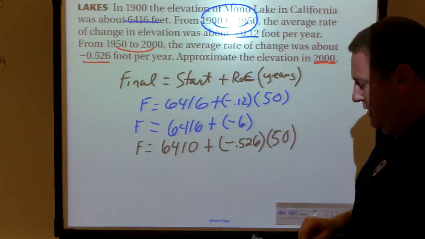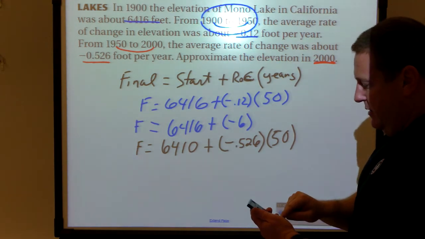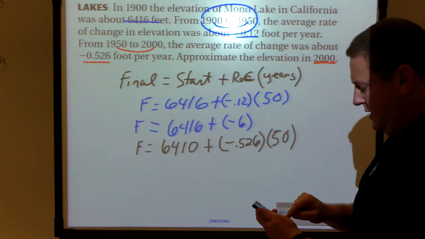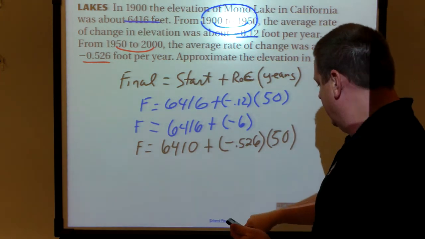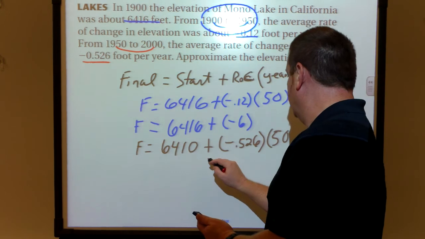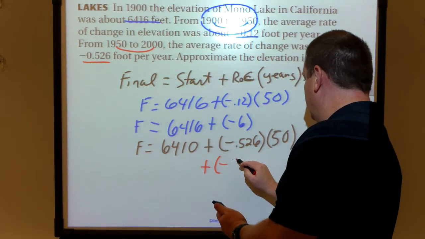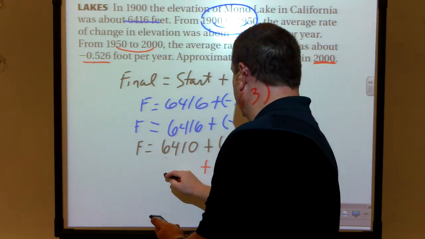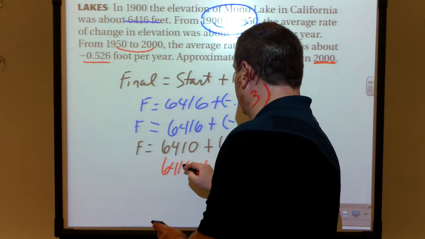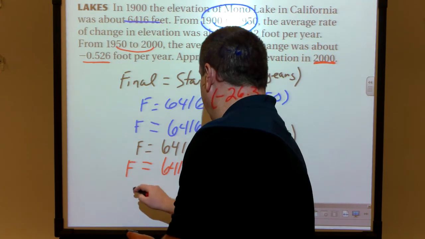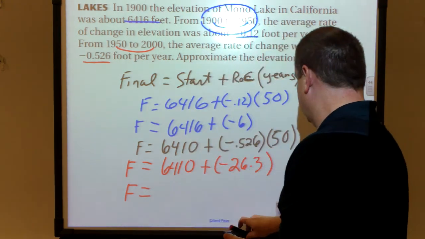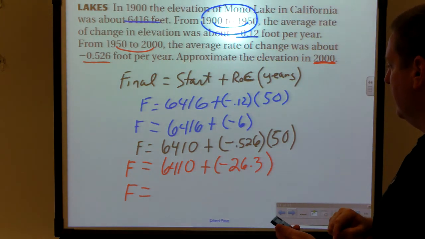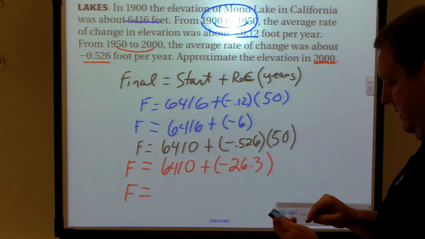So we're going to use our calculator here. Negative 0.526 times 50 years gives us a change of negative 26.3 feet. Bring down our 6410, which was our new starting value. And now our final value is actually going to be the sum of these two. So now we're going to add our 6410 to that, and we get